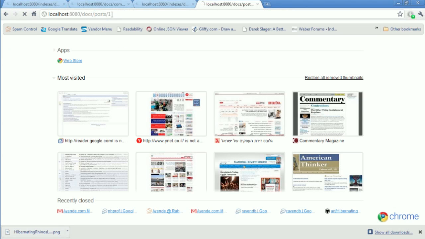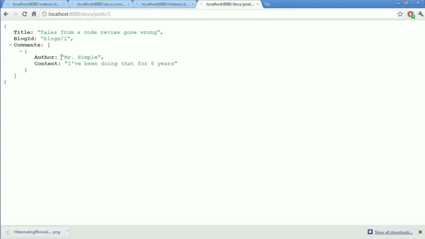So here's an example of a root aggregate that refers to a separate root aggregate. We have a post, in this case post number 1, which refers to the blog, which is blog number 1. Now, there are actually 2 different ways of doing that. One of them is what we like to call a denormalized reference.